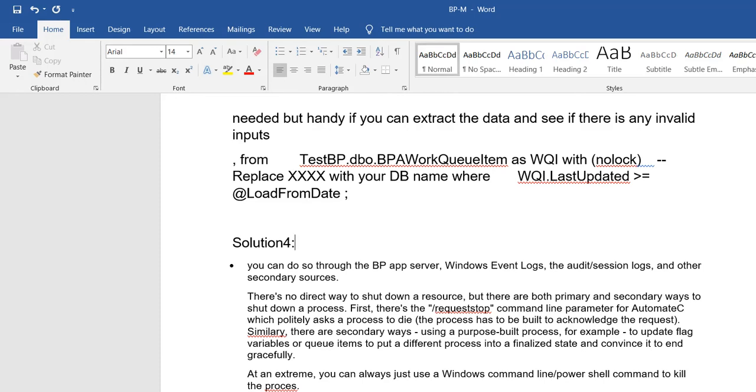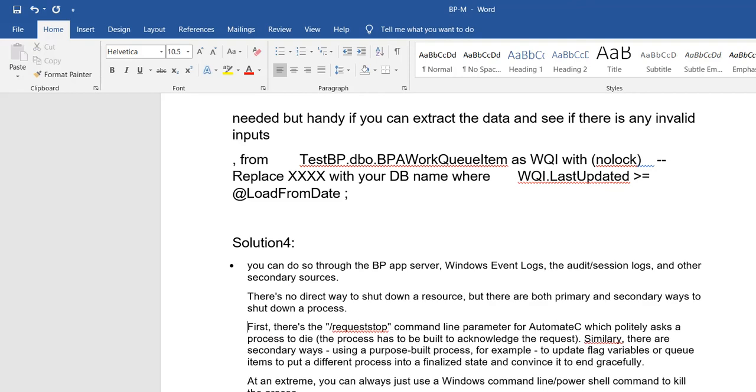You have to use the request stop method. The request stop command line parameter for automate C politely asks the process to die. In Blue Prism, the special method request stop in queue is available. You can use the request stop method in the command line parameter through automate C, so it will ask the process politely to die.